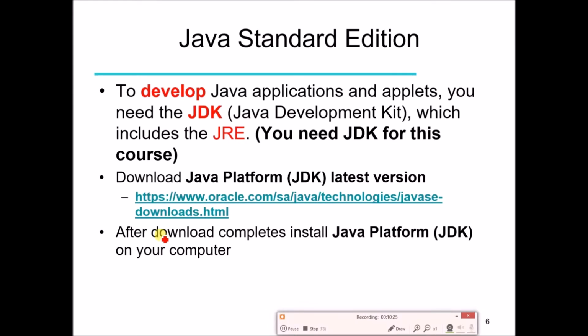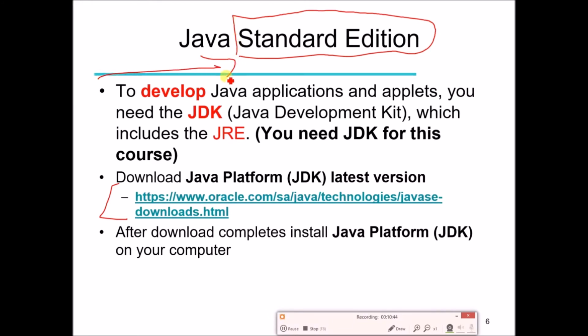To use Java, you have to download the Java Development Kit. You can download the official version from the Oracle website. You are going to download the standard edition. Actually, there are different editions, but we are going to use the Java Standard Edition. People who are using Java for mobile application development have to download a different edition, but we are going to use the SE, or the standard edition.